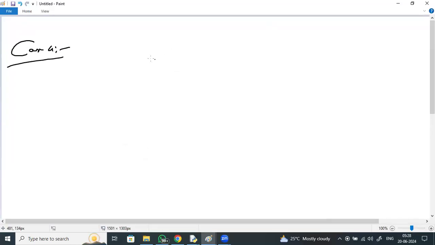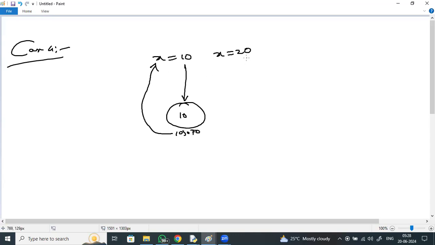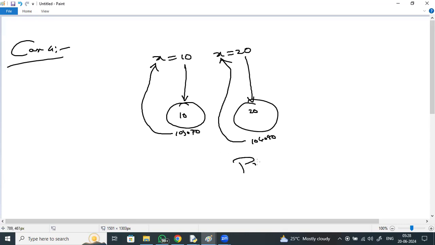Previously we have taken X and Y, but now I am taking X as 10, and X only. Here, for 10, one object will be created with value 10 with some address. For 20, one more object will be created, right? That address is taken by this. Up to here, it is fine. But if I say print X,